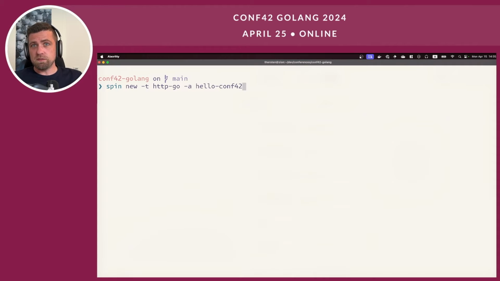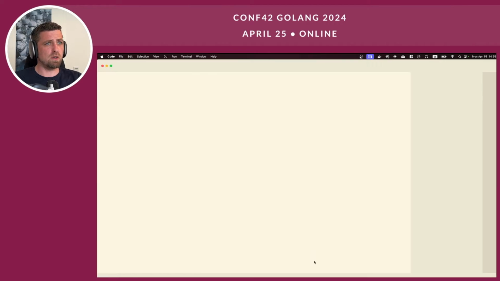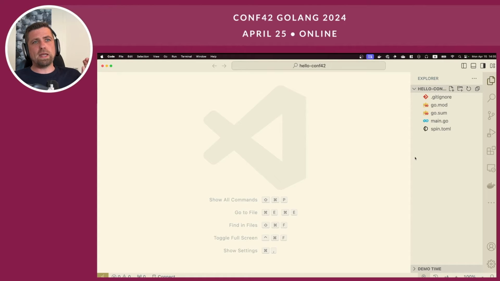We accept the defaults because every template can ask you some questions to get additional information or metadata, but we will stick with defaults right now and we will call our app hello Conf42. Okay, so what do we get from that? Let's go into hello Conf42 and let's do a code dot. So we get, that looks familiar, right? We get a go.mod, a go.sum file, we get a main.go file, but we also get a